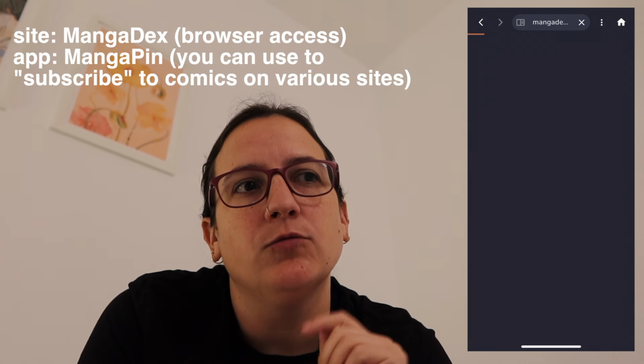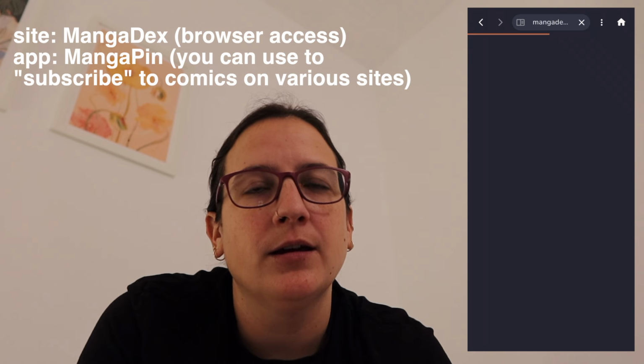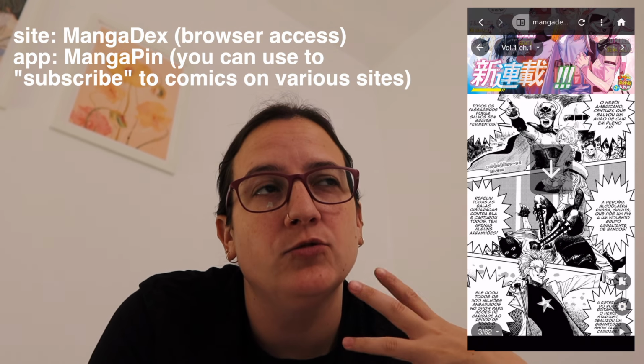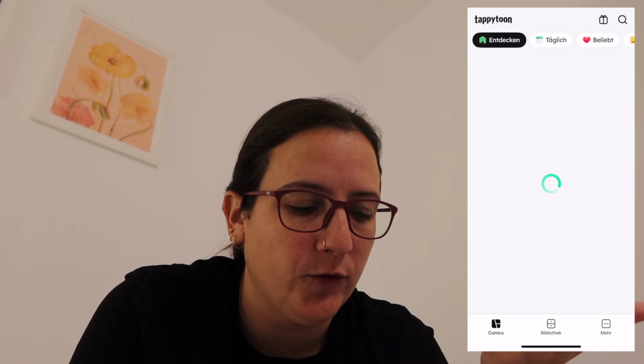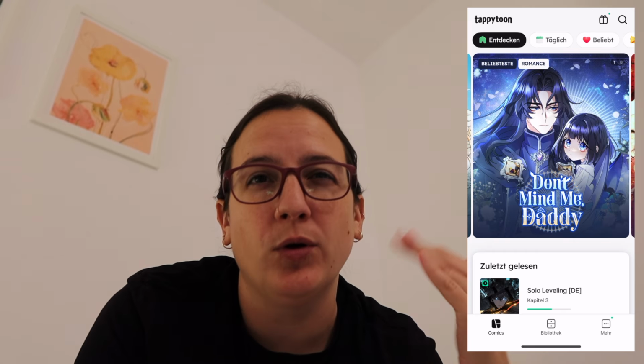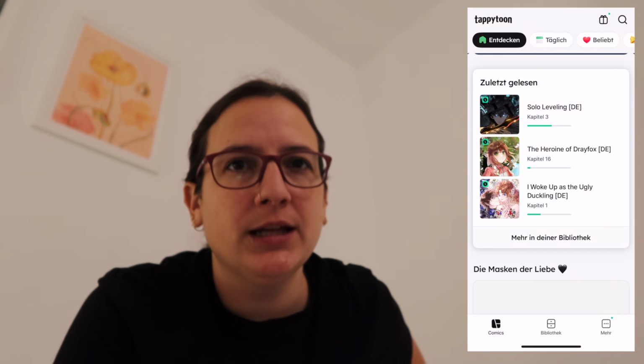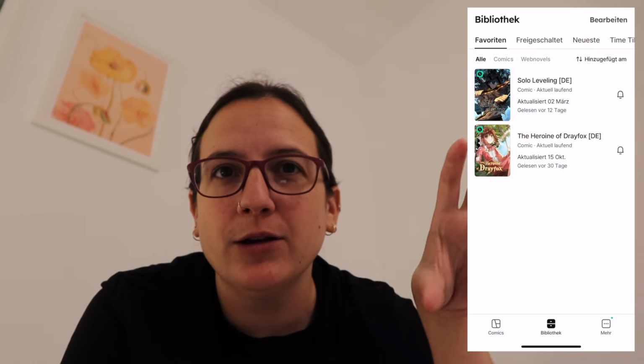And you can specifically read those through a manga app, reader. I use one called MangaPin, I think. And so, yeah, that's getting a little bit into the weeds, but even if your language is not officially supported on Webtoon or other apps, Webtoon has the most supported languages, to be honest. Tappytoon has German and French, but they have less content available for free. So it is kind of Webtoon or online resources like MangaDex that I would say are good for language learning